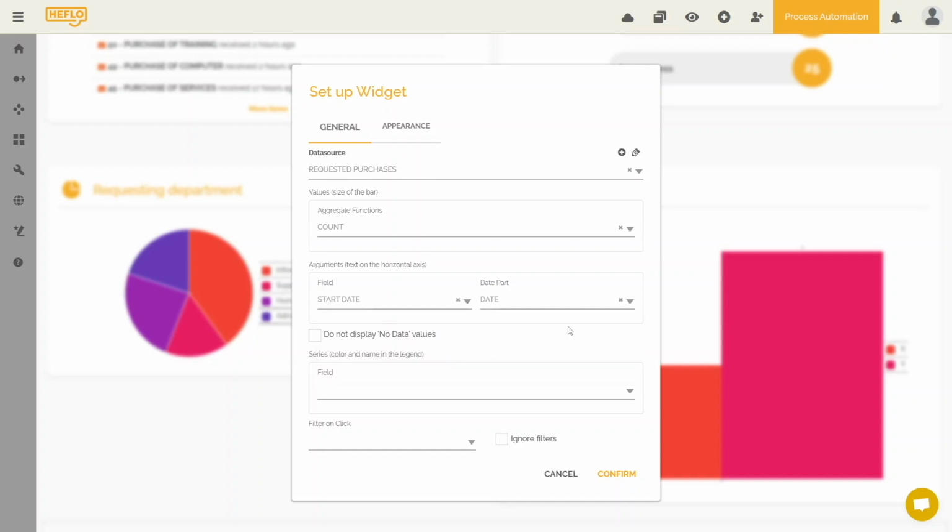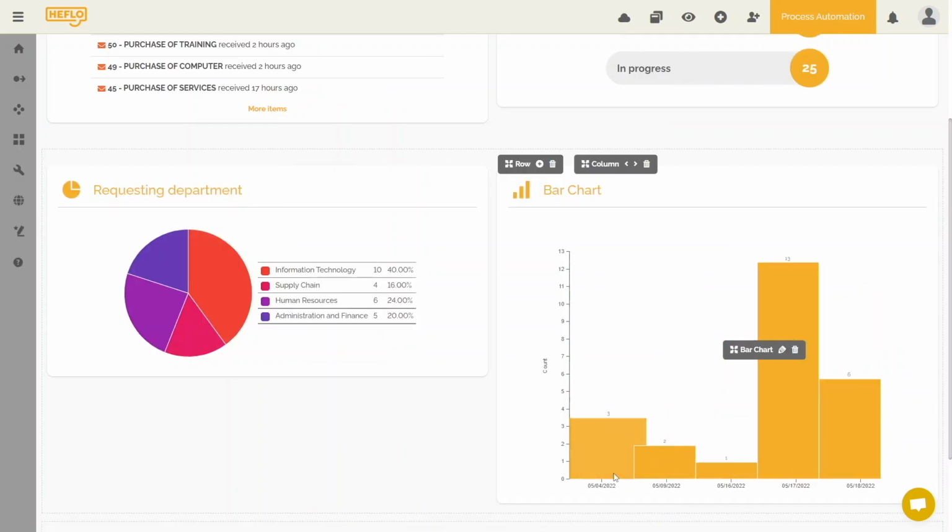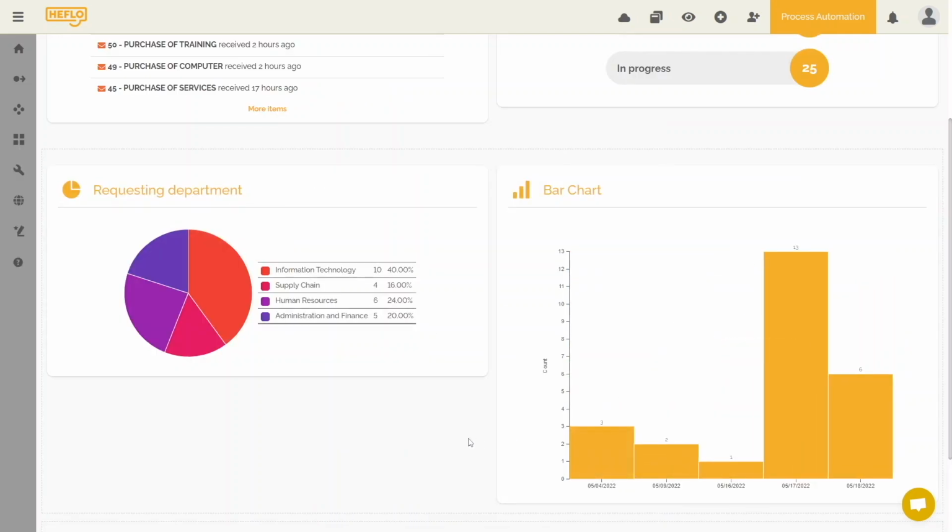Then, I choose if I want to display by full date, by month, or by year. It's up to you to choose the most suitable way. In my case, I want the date, and when I say date, it means year, month, and day. I will ask you to select the argument option in the click filter. You will see that something very interesting is going to happen. Once done, I am able to see the bar chart. Here, it shows the quantity of open items by date.